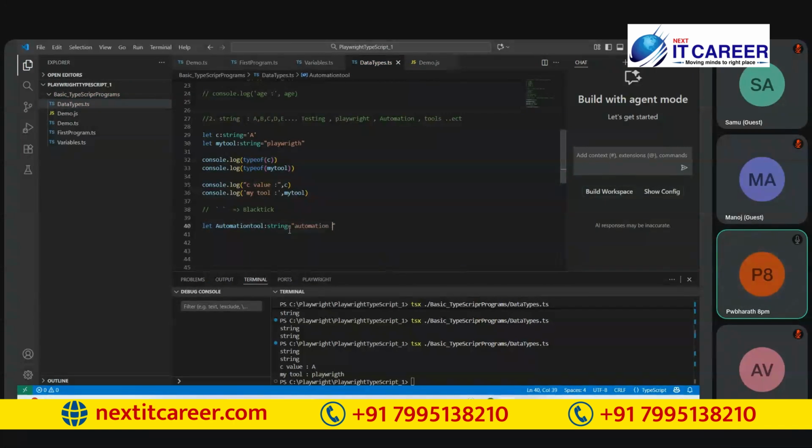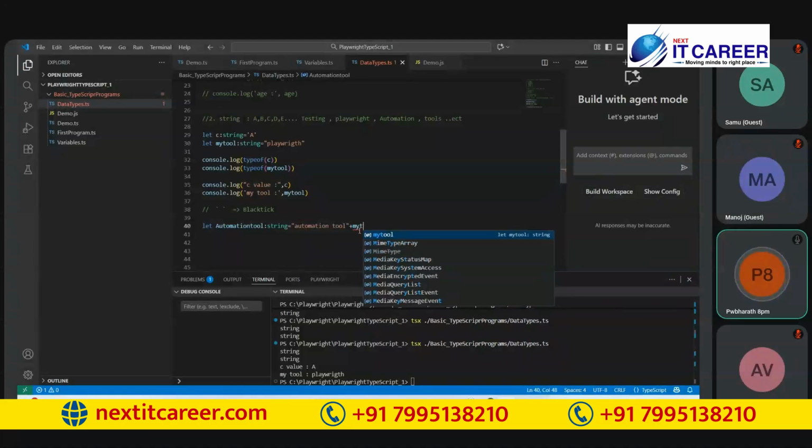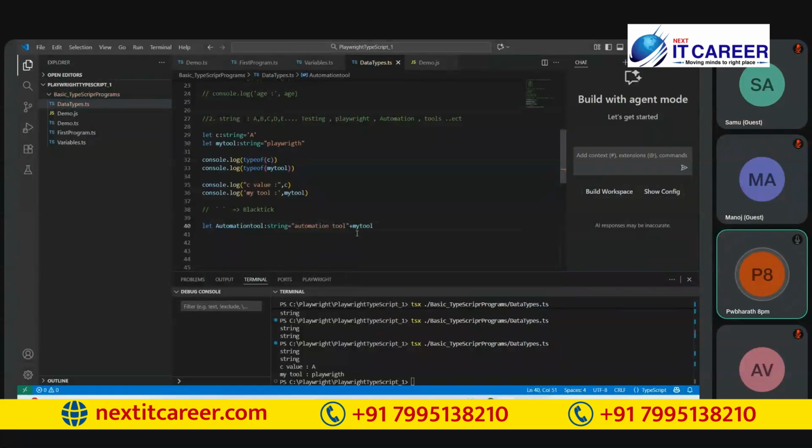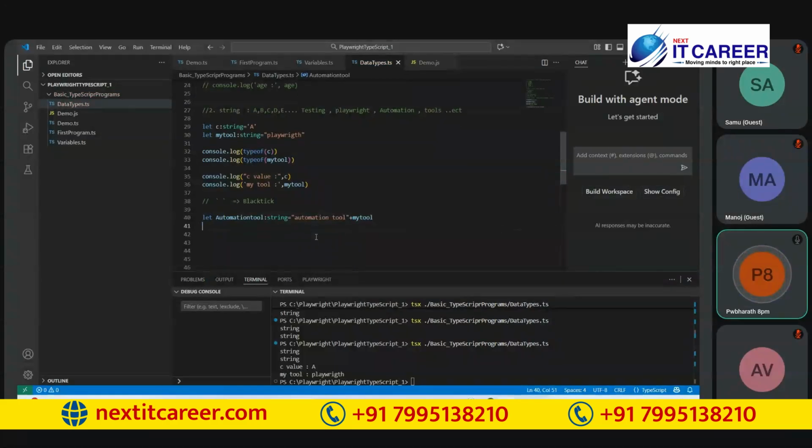If I want to combine this Playwright into this automation tool, generally to concatenate two strings, like this we can. My tool. Is it clear? Yes. So now if you want to see the output of automationTool, see this, what we are going to get.